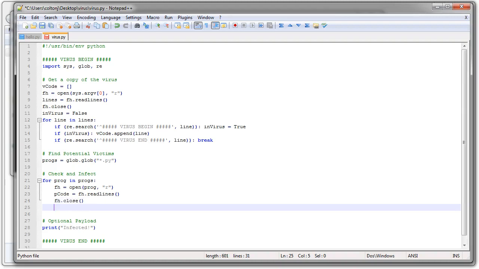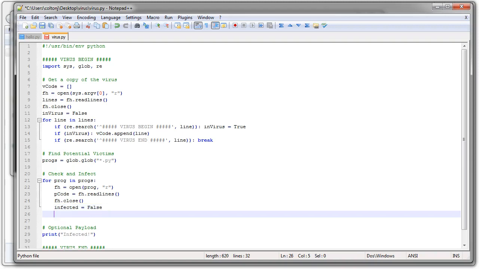So now the file is closed, and I'm going to check to see if I'm infected, because I might be opening myself. I could be opening some other program that's infected. So I will set infected equals false. That's the assumption. It's not infected unless I find a line that indicates I'm infected. So then I go through the lines. For line in P code,